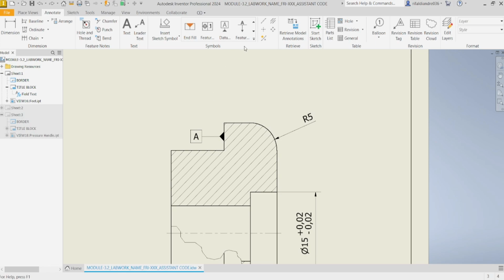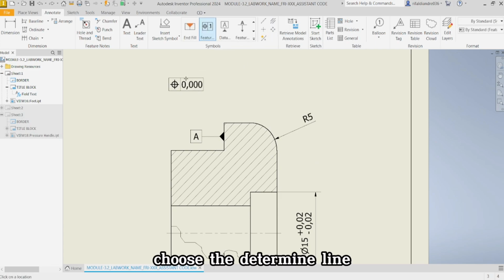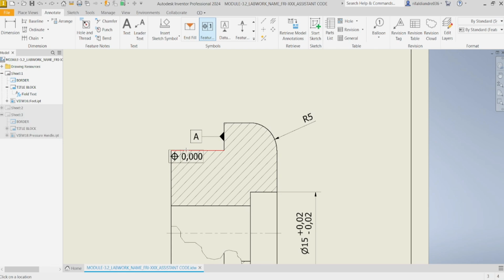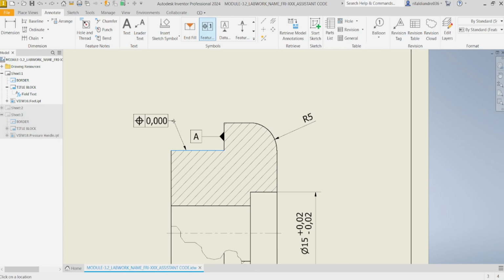OK, next, expand the symbol again, find the feature control frame, and then click. Choose the determined line, drag into the upper side, left click, and then right click, choose continue.